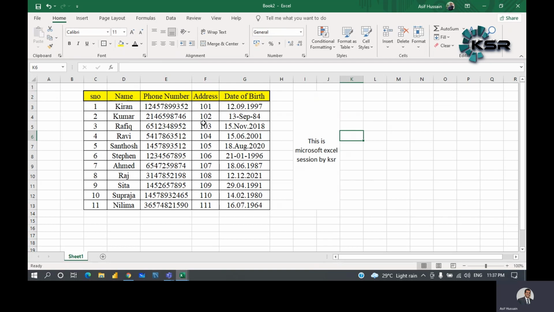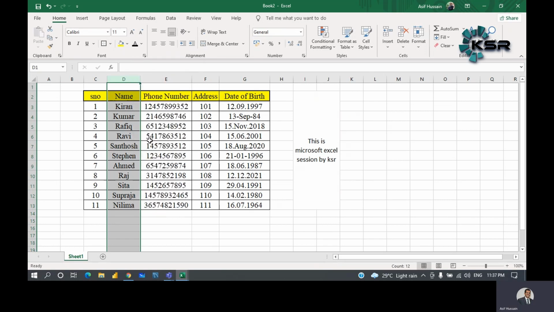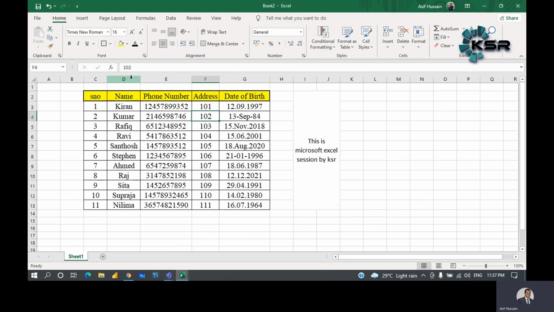So this is the way that you can enter the data here, where you can insert a row, we can delete a row, you can insert a column. For example, you can again right click here, click on insert, you can insert again, delete, you can delete. So you can insert and delete a column, you can insert and delete a row, you can increase the font style, you can make it into center, you can merge the two cells, you can wrap the text if the text length is too lengthy. So all these things are there here.